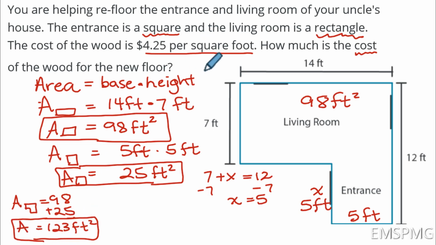Now, if they just said find the area, we'd be finished. But right now it says that we are going to need to find the cost. It says the cost of wood for 1 square foot is $4.25. So remember, per means for every. We don't just have 1 square foot here. We have, in fact, 123. So the last thing I need to do for the cost is I need to work out what is 123 times